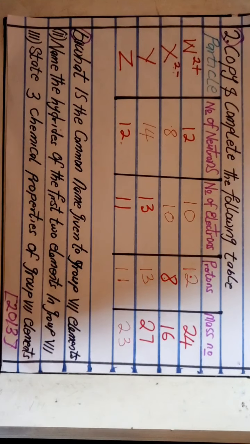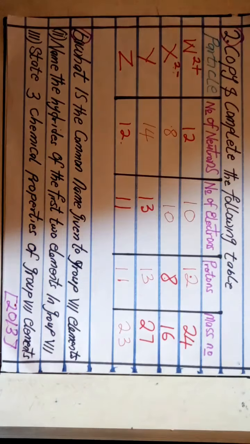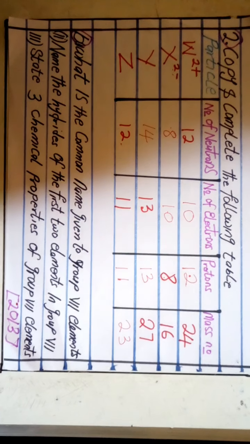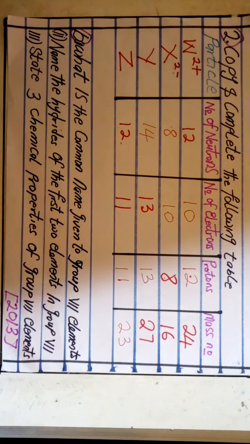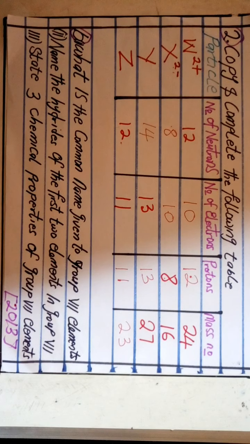So let's look at this other question. What is the common name given to group 7 elements? Group 7 elements are called halogens. There are some important groups in the periodic table that, once in a while, they like